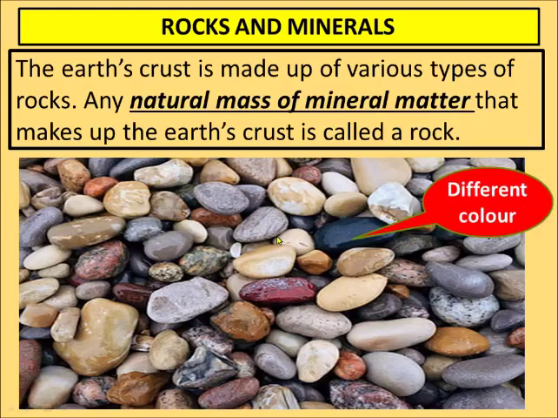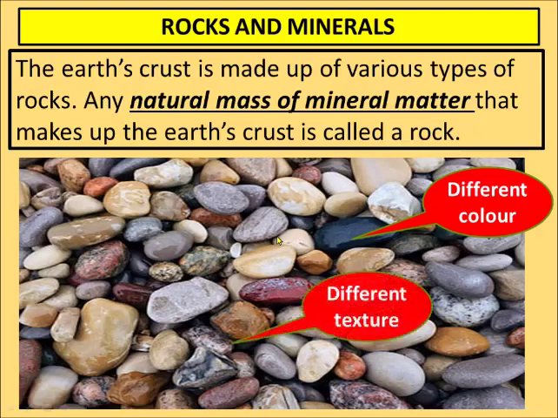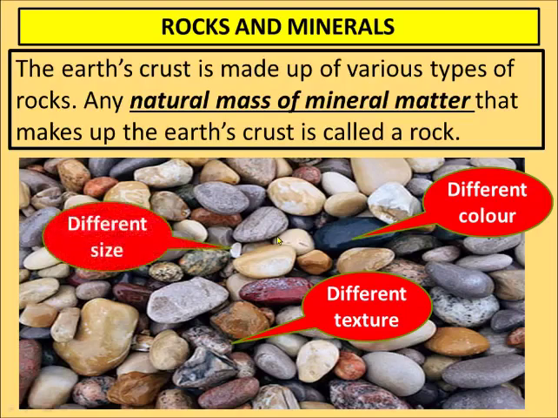Now see, rocks have different colors. You can see many colors in this picture also. Some are black, red, white, orange, brown, grey. And rocks also have different texture. What do you mean by texture? Texture is their smoothness. Some rocks are very smooth to feel. You can even roll them over your cheeks. They will make you feel very soft. But some rocks are very hard. When you touch them, you will feel a very hardened surface. So they have different texture and different size as well. We have talked about it: small, medium, big, huge and large.